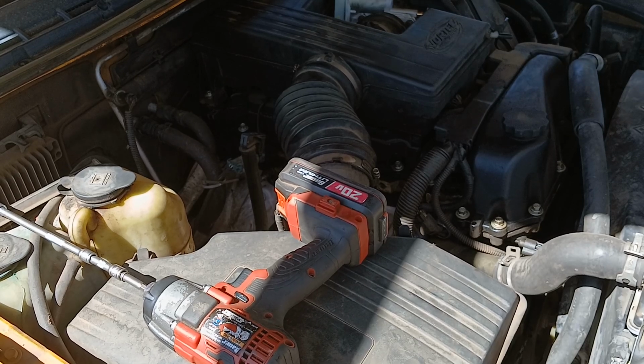We're gonna go ahead and do that relearn on the throttle body,